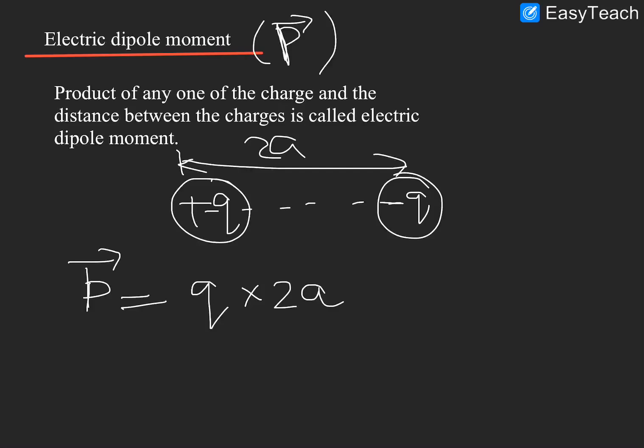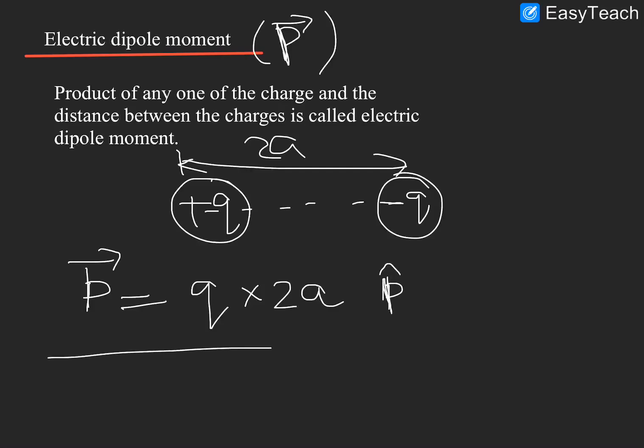If the charges are plus 3q and minus 3q, it is again a dipole, then dipole moment is 3q into 2a. Okay, and this is a vector, so there must be a unit vector, and in this case this is q into 2a. This is not a cross multiplication, this is q into 2a. Okay, so q into 2a, and the unit vector is p cap,